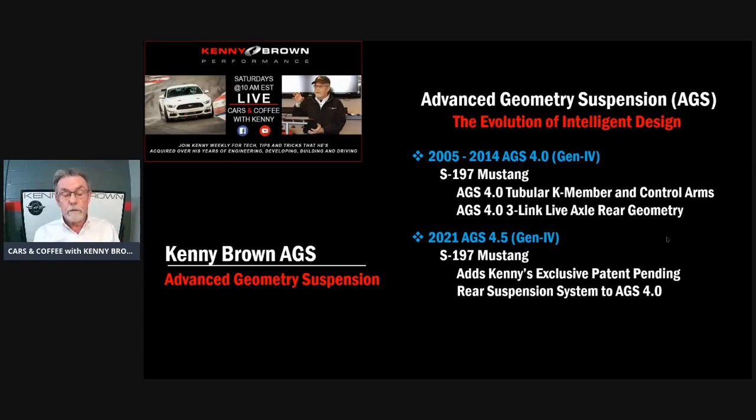It's a new rear suspension that's beyond belief. And it's so good. I've been working on it for years and years, that it's applied for a patent, so it's patent pending. But the first batch,